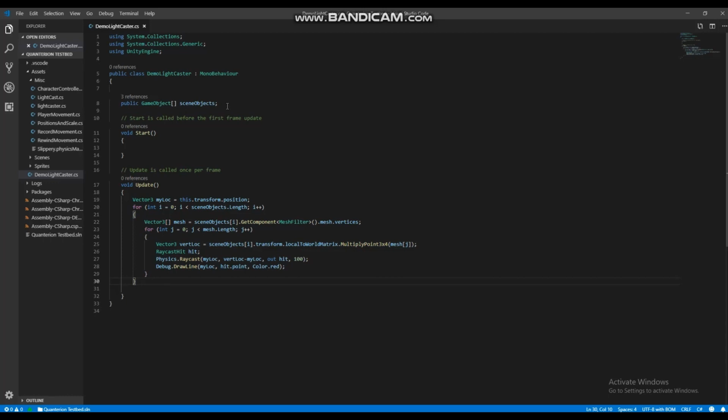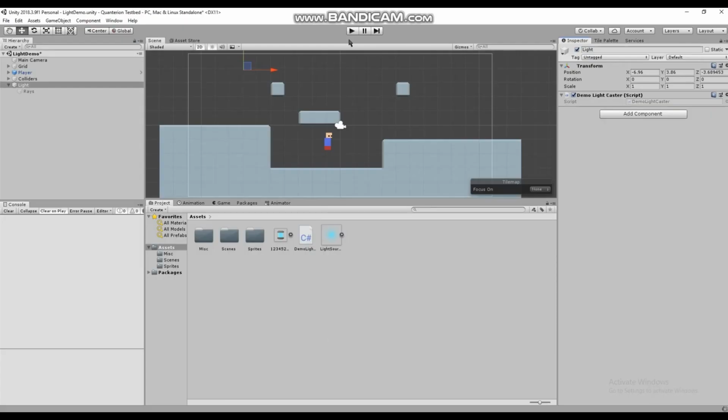So this public GameObject sceneObjects, this is all of the objects that we want to be interacting with the light, anything that we want the light to consider in the way. So this is going to be all of those objects that we added in that are 3D objects. So I'm going to go ahead and populate that GameObject sceneObjects really quick before I forget. So I'm going to come in here, and then I'm just going to drag all of the objects into the